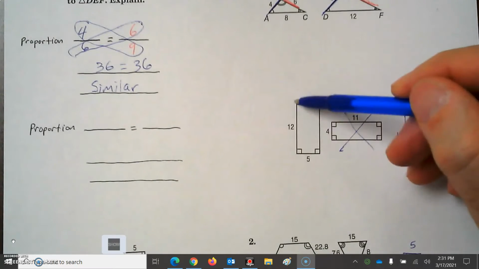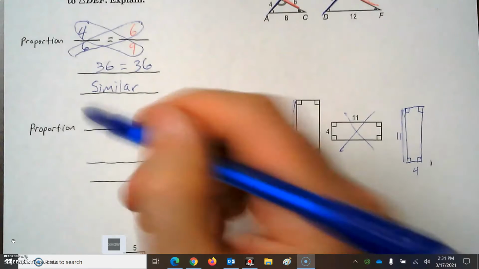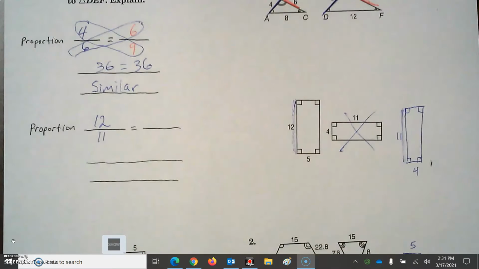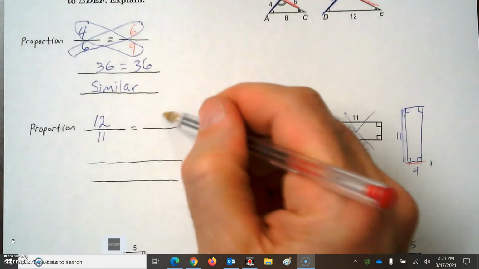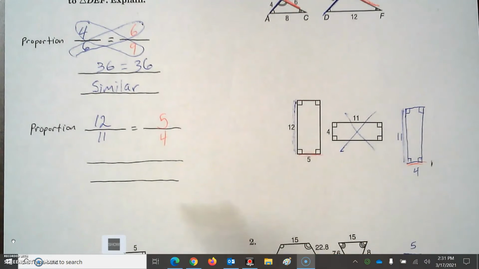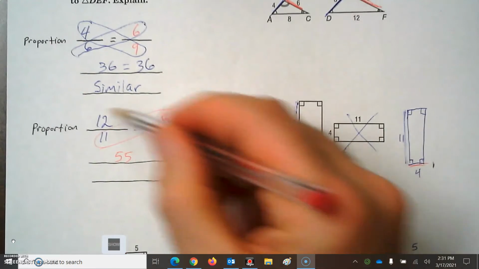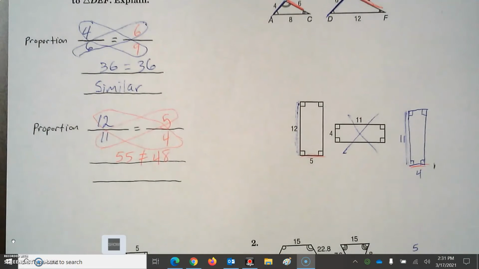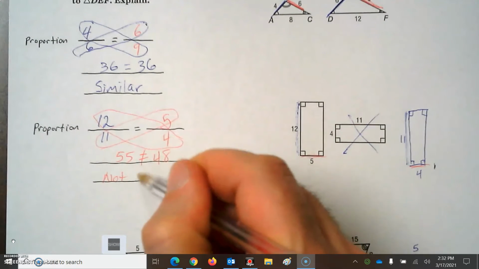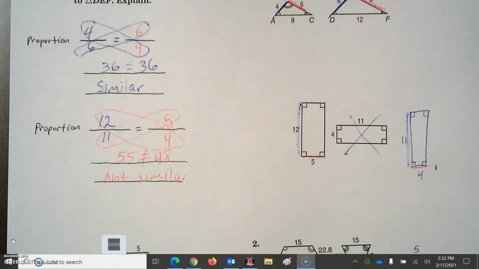So I'm going to start by using the left side over the left side. That's 12/11. And my only other choice here is the bottom of this rectangle over the bottom of the other one. Again, I will cross multiply. 11 times 5 is 55. 12 times 4 is 48. They are not equal. Those two shapes are not similar because the definition for similar figures, it's up here at